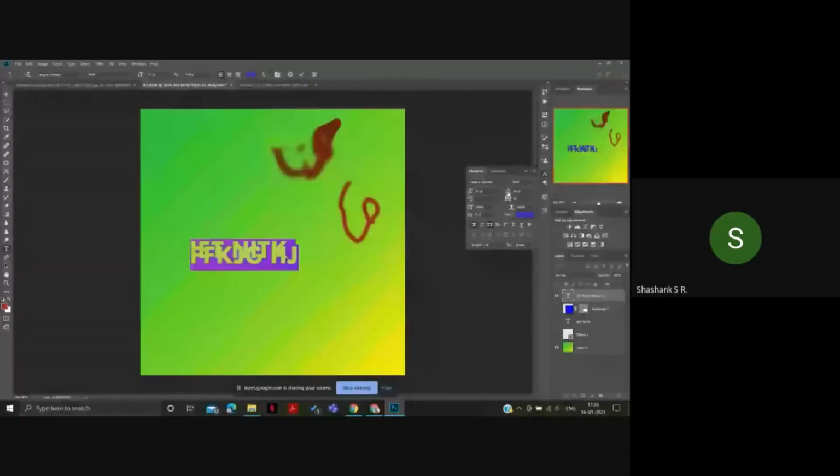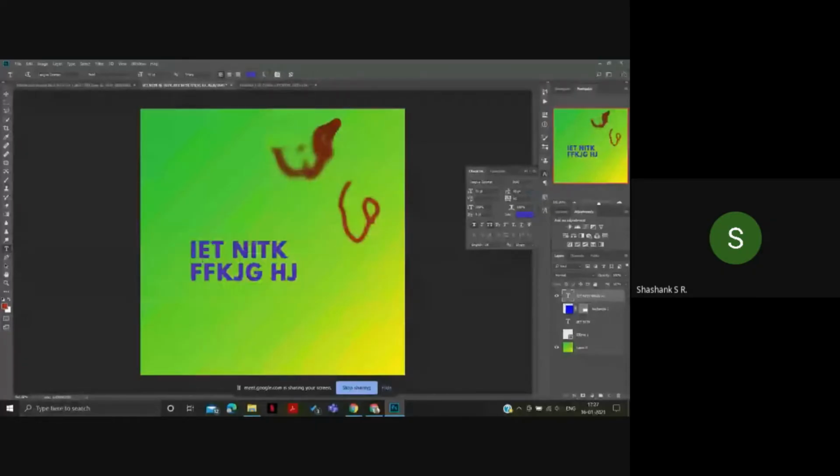You have to click on this icon over here and then you can manually enter the value or you can select a value over here. I guess you could see the difference on the background. Now this looks proper. The spacing between the two lines is good now. So this is about the text.